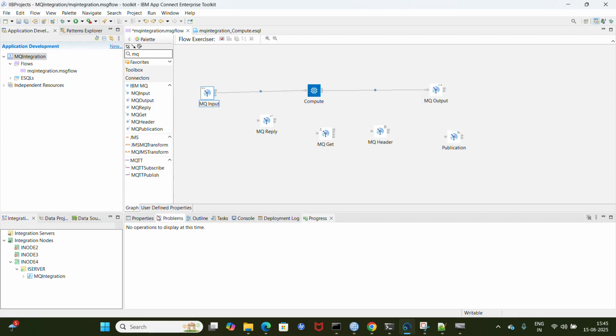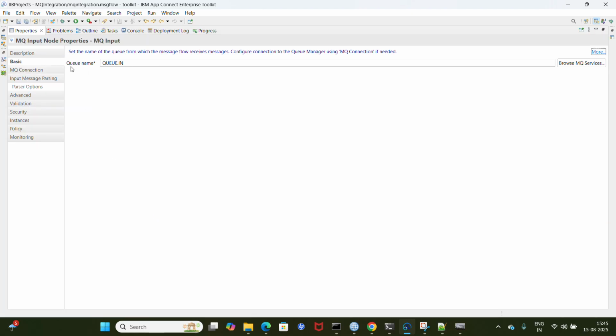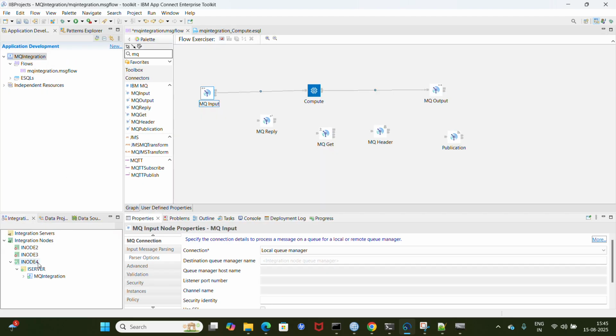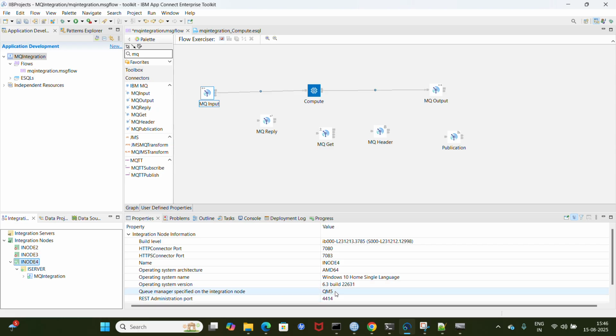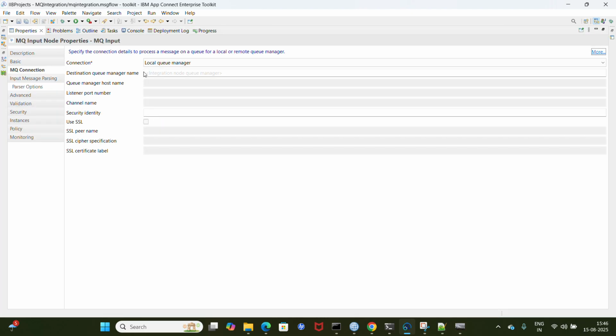all its properties. So once you open the properties of MQ input, you can see that queue manager name and queue name are there. Queue manager you can assign if you don't have a default queue manager. For example, in my case, I already have a default queue manager at my node. You can see here. Okay, so it will pick up all the messages from here. If you want a different queue manager, you can assign it under the MQ connection, right here. If I want to send a message from UM4, you can write it here, but in my case it is not